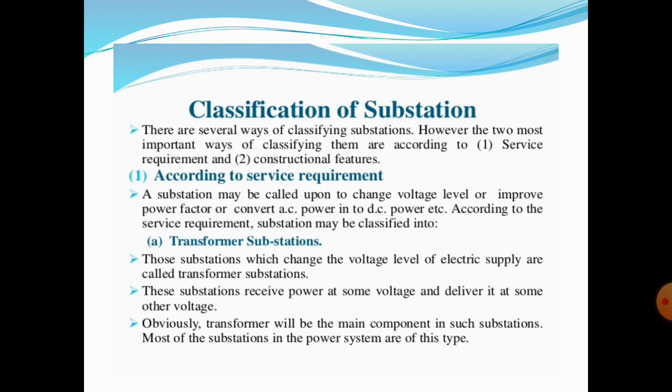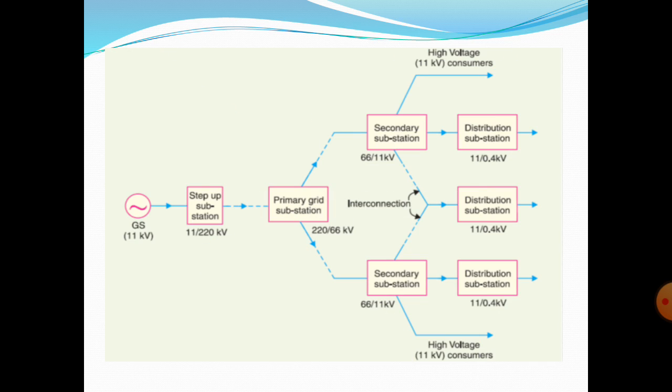And next one is the step down transformer. A step down transformer steps down the voltage level from 230 kV to 11 kV or 230 kV to 66 kV. And these are the transformer substations. For the diagram of a transformer substation, each generating station generates power at 3.3 kV, 6.6 kV or 11 kV. In this diagram we generate the power at 11 kV and transfer it to the step up substation.